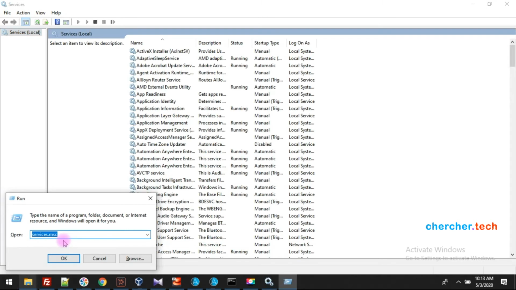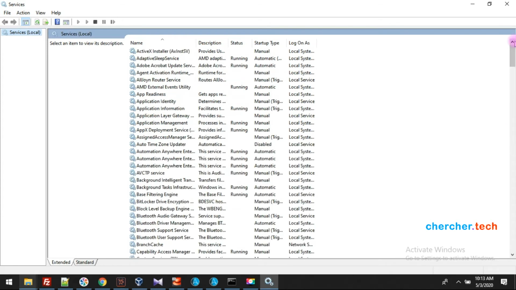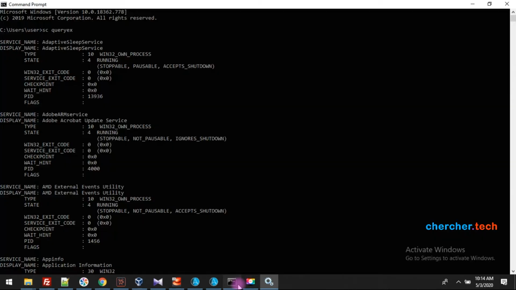Here you have a number of services listed. If you want to stop, start, restart or pause a service, you can use the services commands. You can even get the status of a particular service. For example, let's consider this Adaptive Sleep service. Before starting with the RPA, let me showcase one more way of getting it.